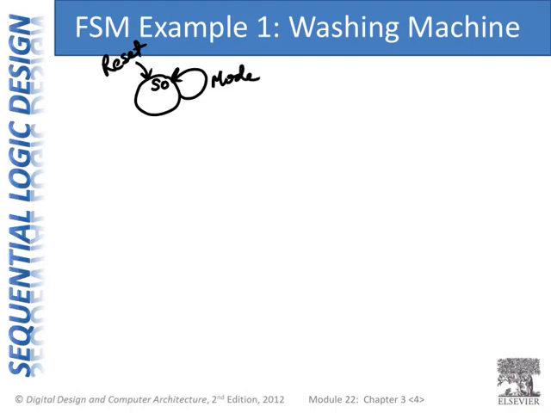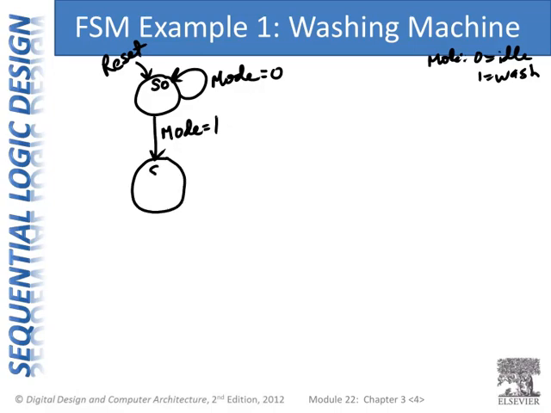So if the mode is 0, that's idle, and 1 is wash. Maybe it's a lever that we click, and once we go to the mode equals 1 state,